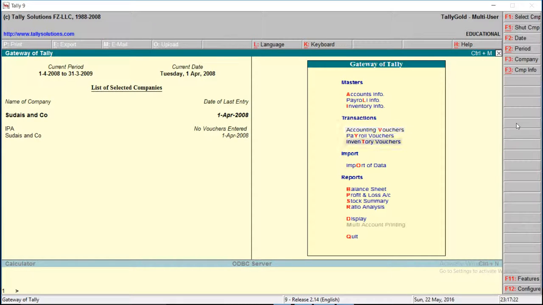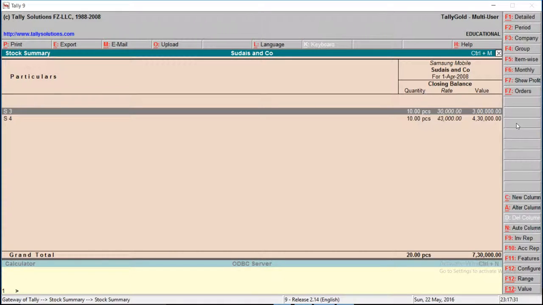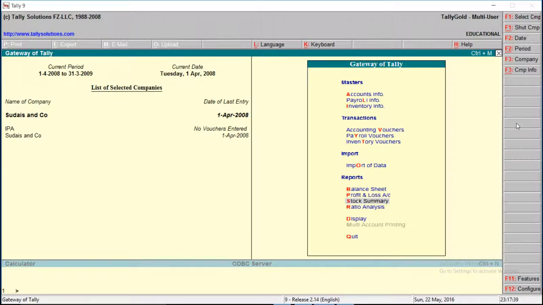Now you can see we have stock. Go to reports menu, stock summary. You can see the quantity available with us. S3 and S4, we have both S3 and S4 quantity available with us, 10 and 10.